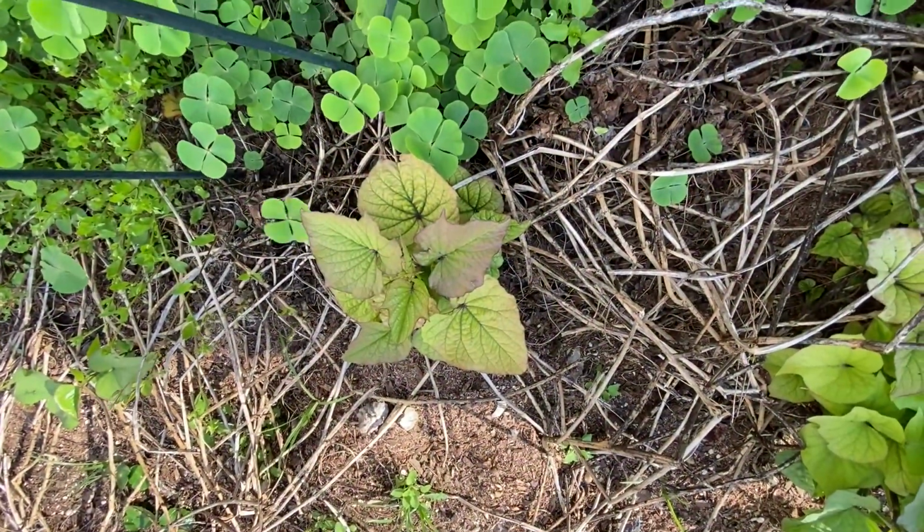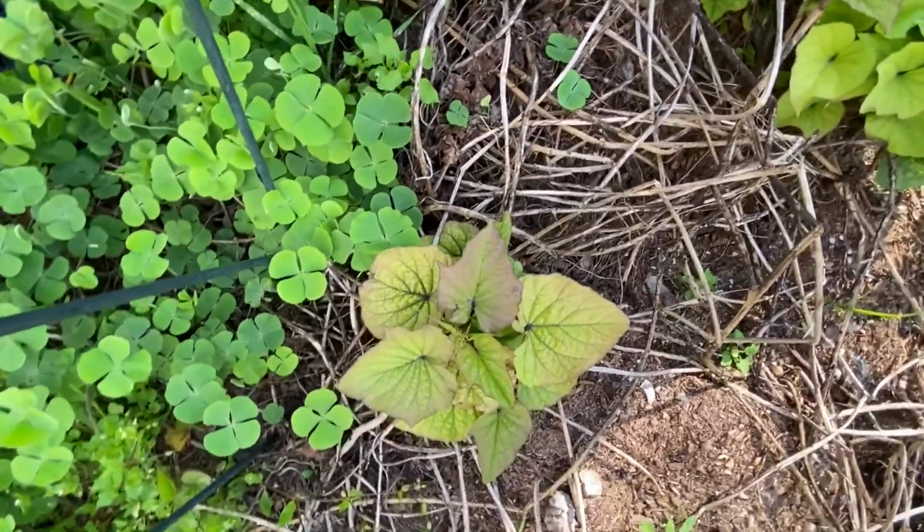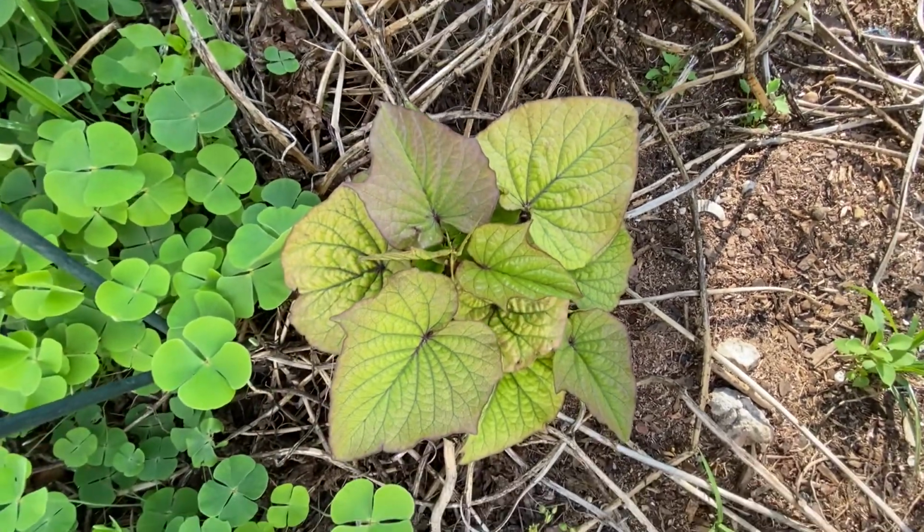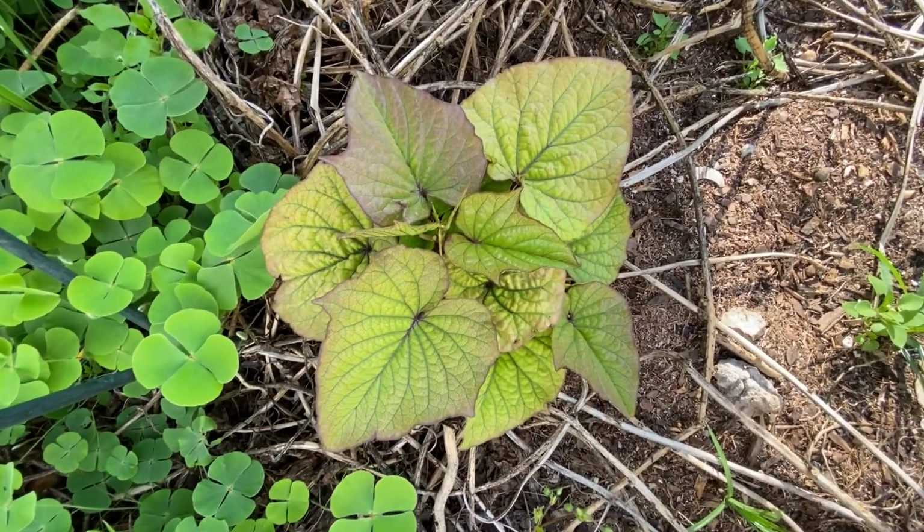Guys, this is my Okinawa sweet potatoes. They are growing. I had no idea